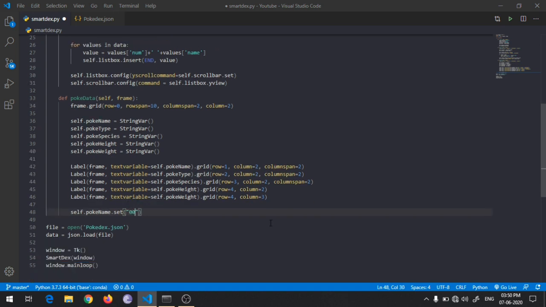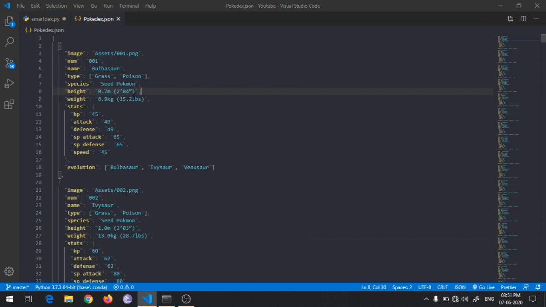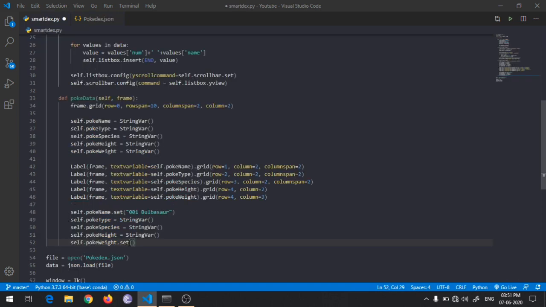So here will be 001, or copy this, set what is weight, copy it from here.